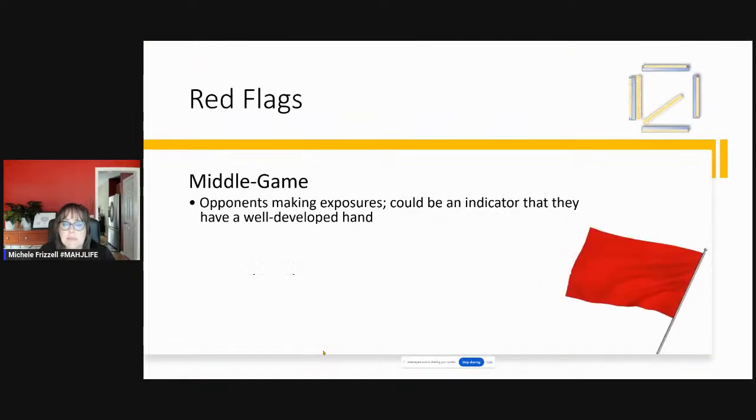So now we're in the middle game. This is where we are right now, 76 tiles remaining. It's anywhere between 41 and 80 tiles. That's the middle game, the third wall. Opponents making exposures just means that they're expediting hand development. And then anytime someone makes an exposure in the middle game, really as the game progresses, the post-exposure discard is very telling